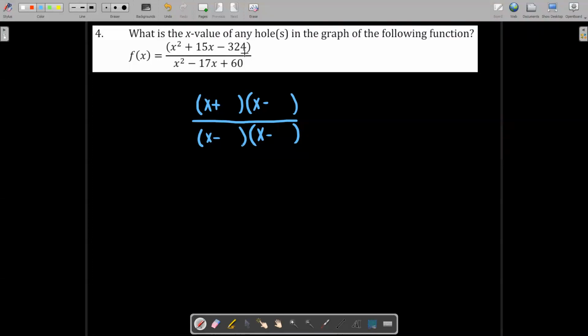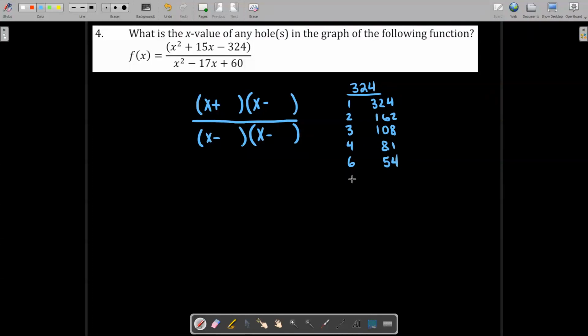So the difficult part, especially when you've got a large number like 324, is just figuring out what these numbers are, okay? So let's come up with a list of all the numbers, which I'm sure there's going to be a ton. There's 1 times 324, 2 times 162, 3 times 108, 4 times, that one's easy, it goes into 32, 8 times and 4 once. 5 doesn't go in, 6 will go in. It'll go in